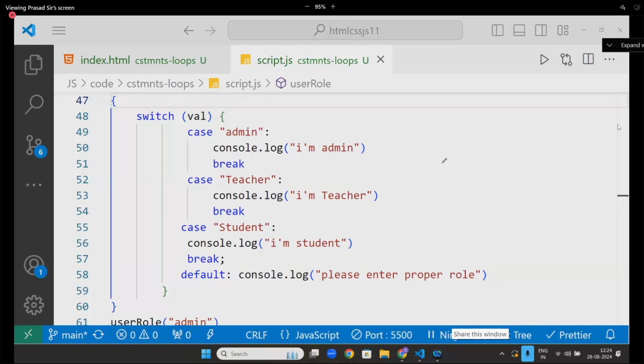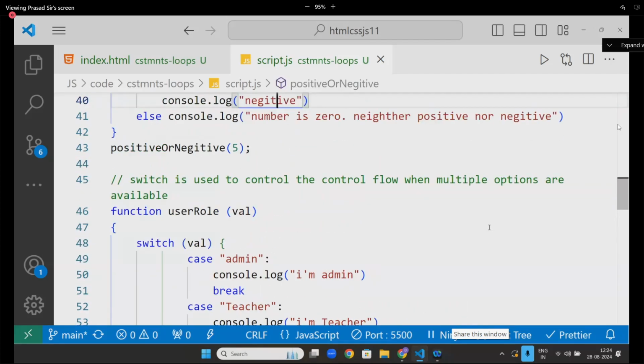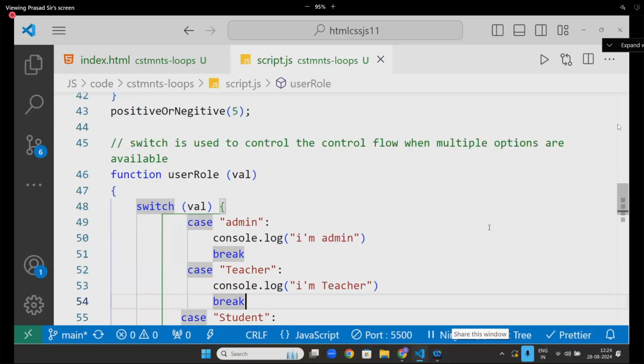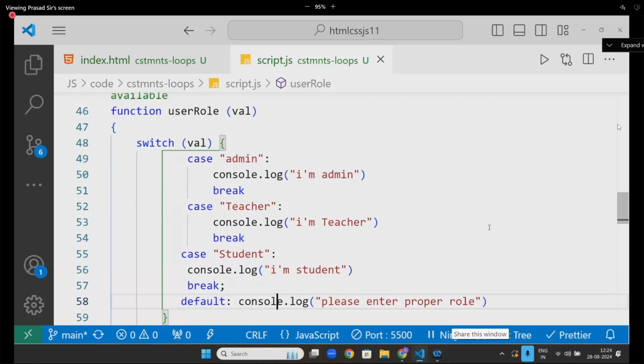Everyone just noted down the switch, sir. Harshad, is it clear? Now, everyone,